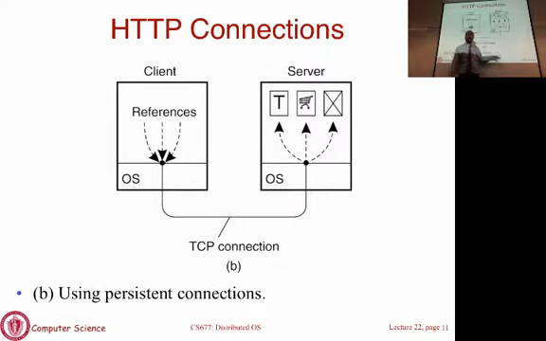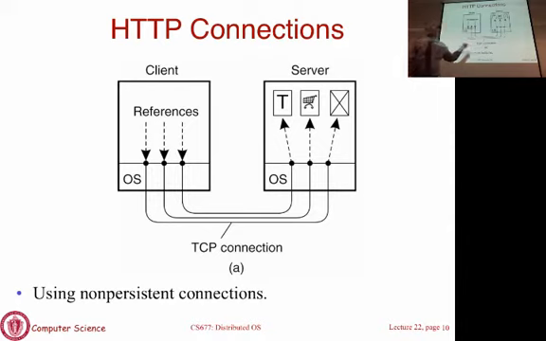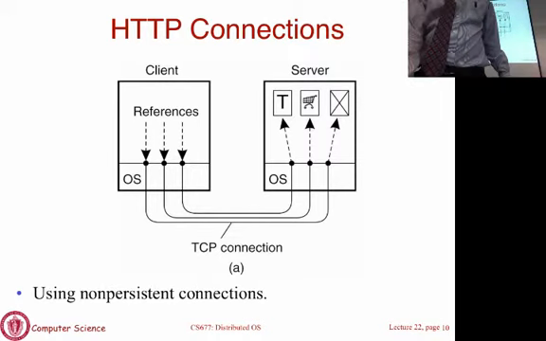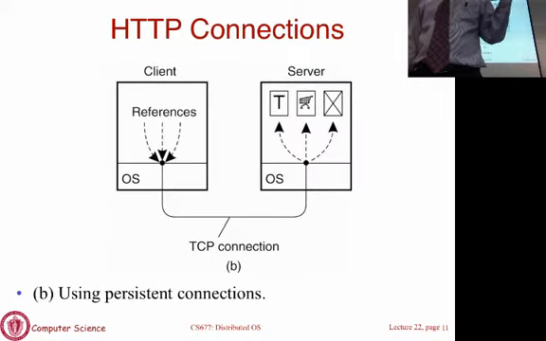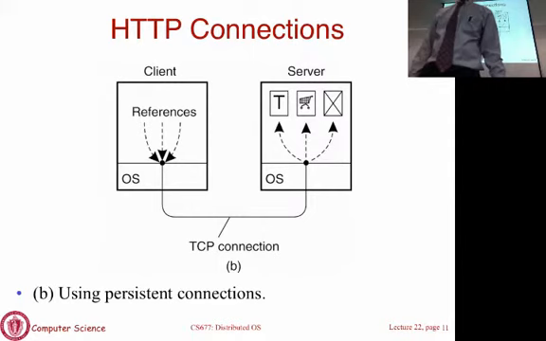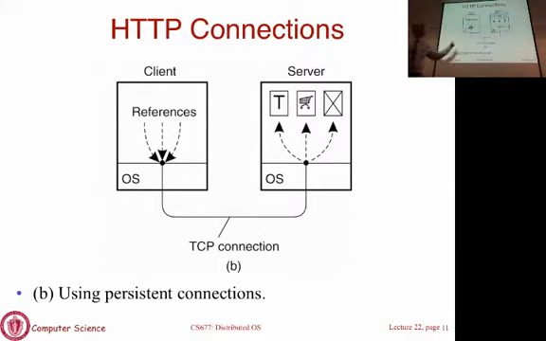Now this is referred to as persistent connections, and this is done in HTTP version 1.1. Version 1.0 essentially required you to do the opposite: every request, new TCP connection. 1.1 said that's too much overhead of establishing new TCP connections every time, so you just piggyback your request on the same connection. That's called persistent. But in that you have to deal with this issue of when to tear down the connection after it's dormant.